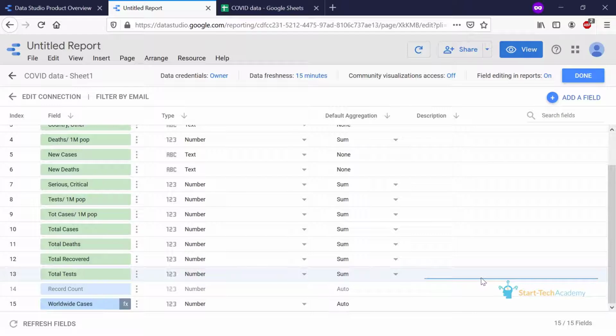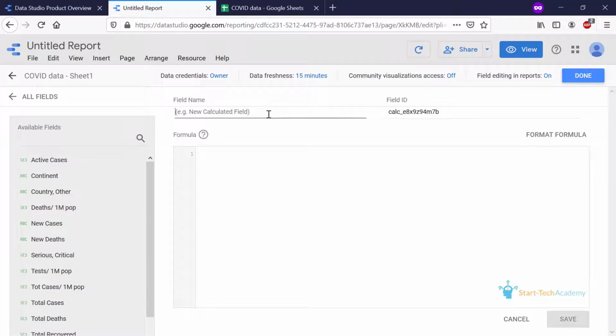Secondly, you may think that fields are columns of your data set. So how does this sum field exist within your data? The point is that fields may or may not be a column. Like here, it is just a value and it can exist like that. You can add an entire column also. For example, let us add a death rate column which will calculate the ratio of total deaths over total cases for each country. For this, we again click on add a field. We name the new field as death rate.